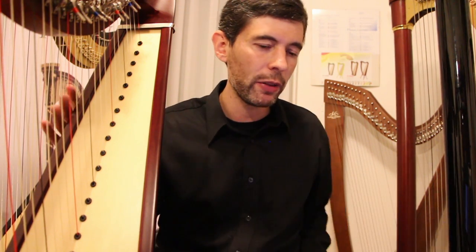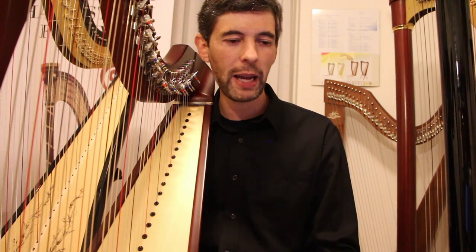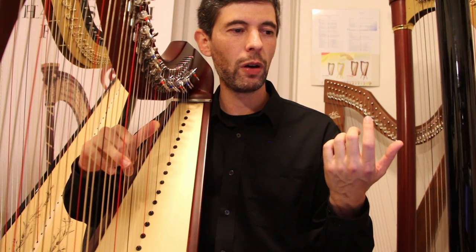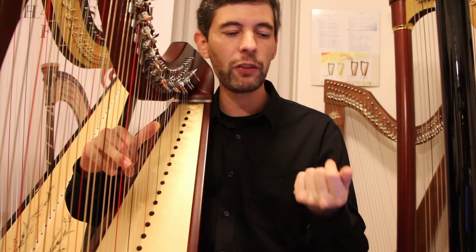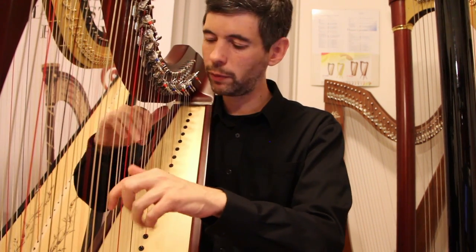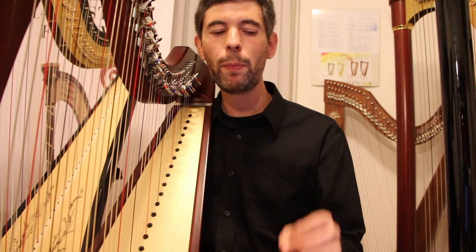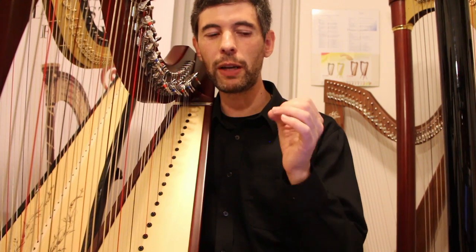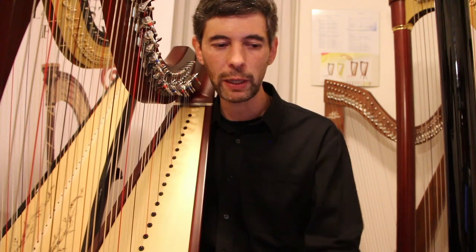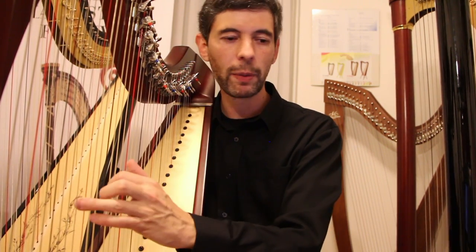And let's see, of course, there's a great spot to practice 2 against 3 at the end of the first page. So we've been playing on the quarter note beats, which is great because the left hand is playing these eighth note triplets. And then we have 8 notes in the right hand, but they're not triplets. So in other words, there's only going to be 4 of them against 6 of the left hand, or 2 against 3. So if we break it down into groups of 3, the triplets in the left hand is